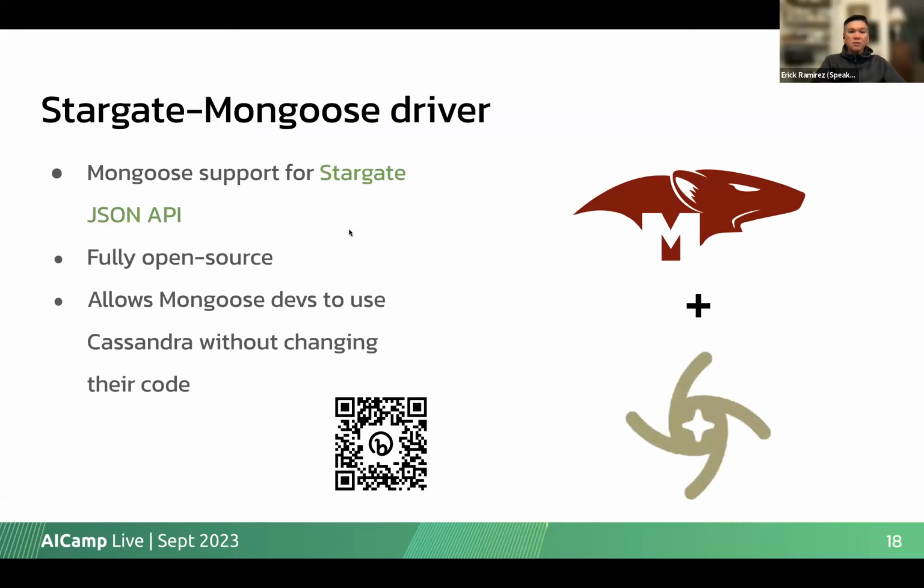There's Mongoose support for Stargate JSON API. So it's completely open source. It allows Mongoose developers to use Cassandra without having to change their code. So you don't have to rewrite your application. You just have to do 2 lines of code, and then suddenly you're connecting to a Cassandra database.